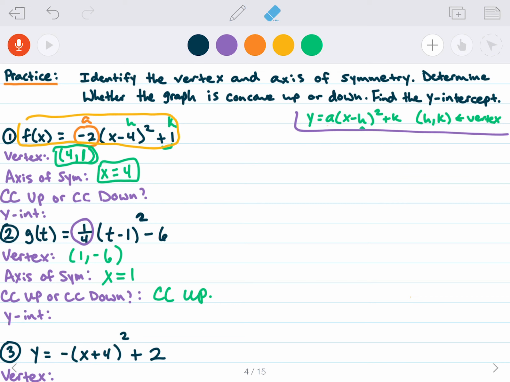The y-intercept happens when x is 0, in this case when t is 0. So the y-intercept, I'll do my scratch work over here, is just going to be 1/4 times (0 minus 1) squared minus 6. Again, I'm just plugging in 0 for my input variable. And if I simplify this,